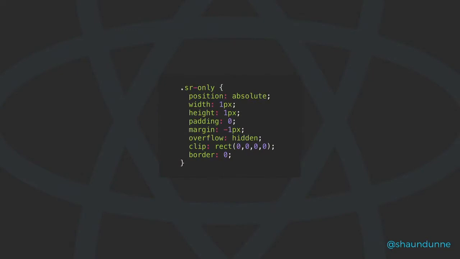Loads of UI frameworks use a screen reader only class, and it just hides anything you don't want to show to a visual user, but needs to be there. So when we want to hide our labels because the designer hasn't put labels in their forms, or when we want to hide our live region because maybe the user doesn't need to know when the cart's been updated, this is a pretty standard way of removing stuff from the visual user, but not removing it from the tree that assistive technology creates. That's quite important.